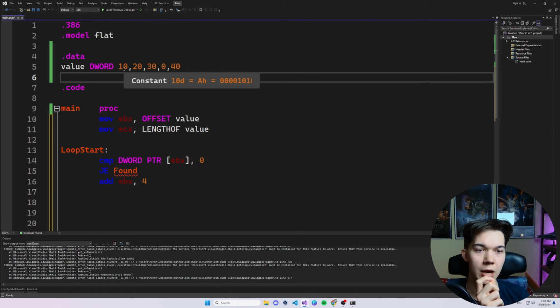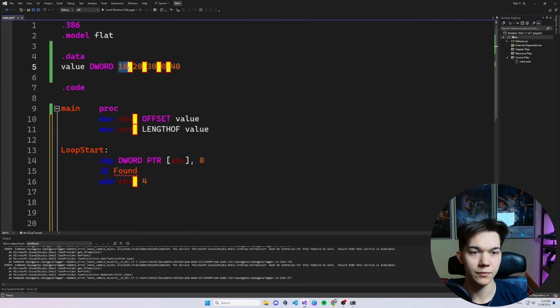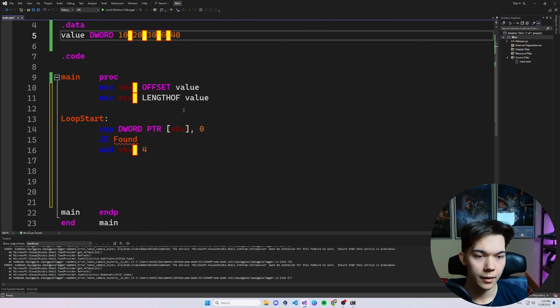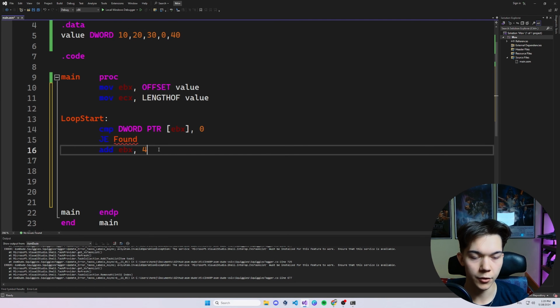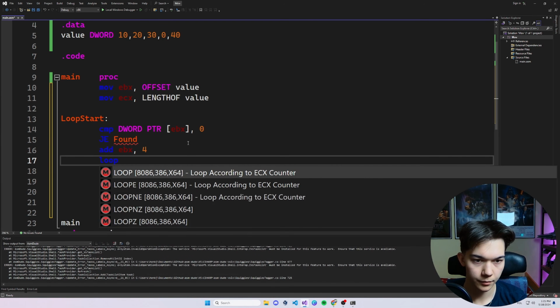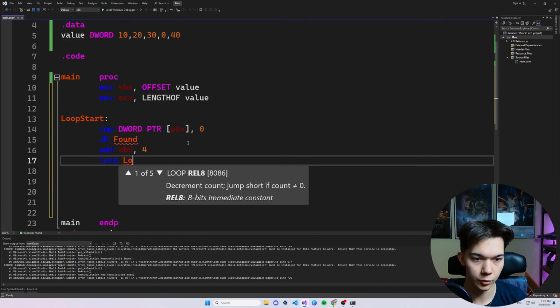So we jump like this, 4 bytes, 8 bytes, and so on. So we add 4, and then we can access the next element in the next loop iteration. And once we do that, we loop to loop start,